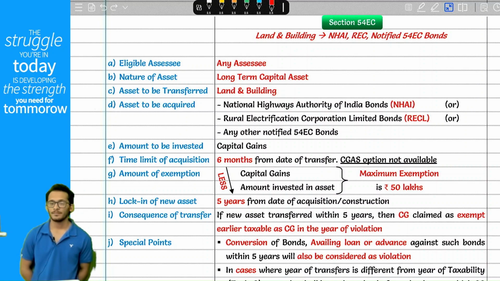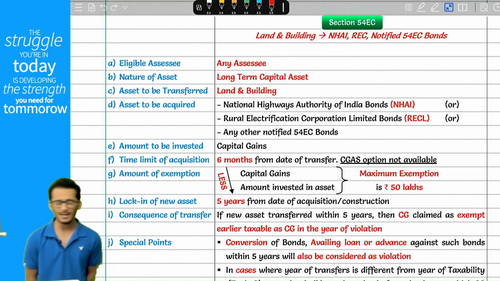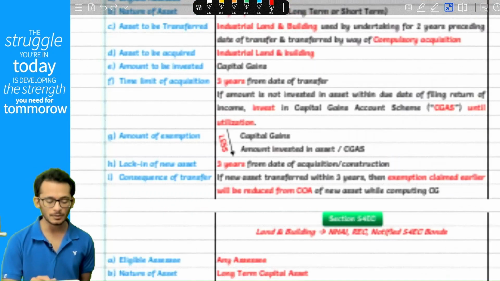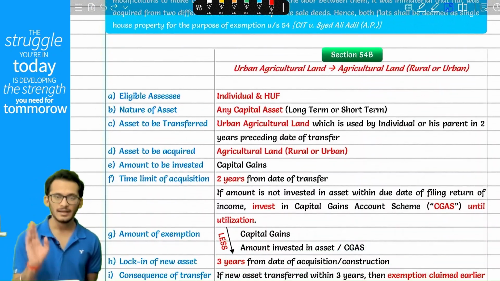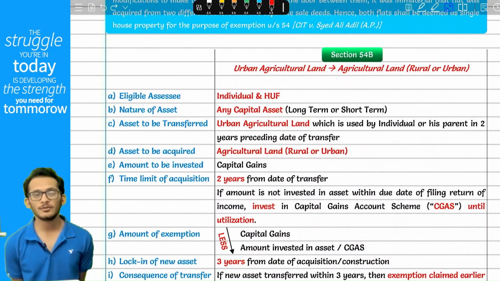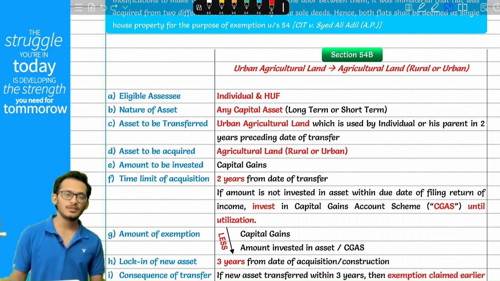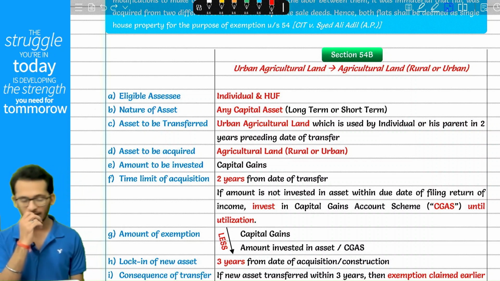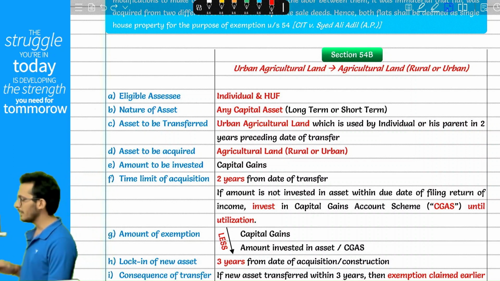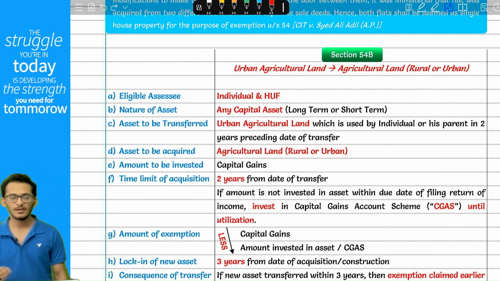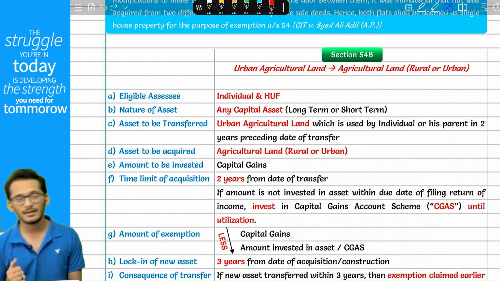Now, the balance exemptions which you have in this chapter are not very relevant for you to remember per se. It is enough if you remember that in the exam, if you see an asset being transferred and then you see an asset being acquired, it is most likely because there is a capital gains exemption coming into picture. Keeping that in mind, 54B says, if you transfer any agricultural land in order to buy another agricultural land,